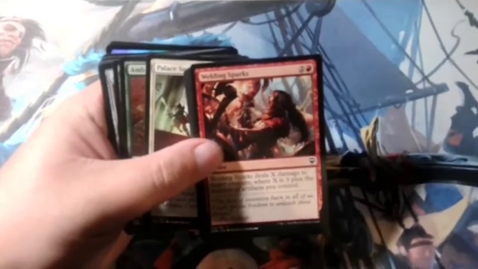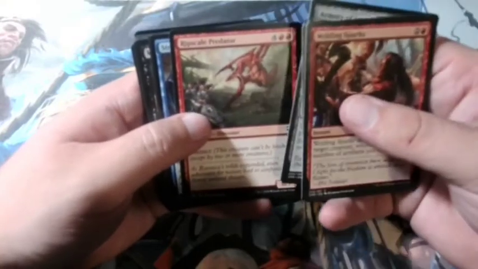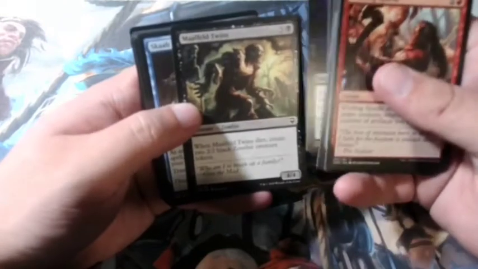Let's see. Welding Sparks, Kitesail Skirmisher, Armory of Iroas, Ripscale Predator, Strategic Planning, Harvest Spark, Mangled Twins, Scab Goliath, or Scob, however you want to say it. Oh, wow. I just realized that you couldn't see any of those cards. Alright, so we got Welding Sparks, Kitesail Skirmisher, Armory of Iroas, Ripscale Predator, Strategic Planning, Spark Harvest,